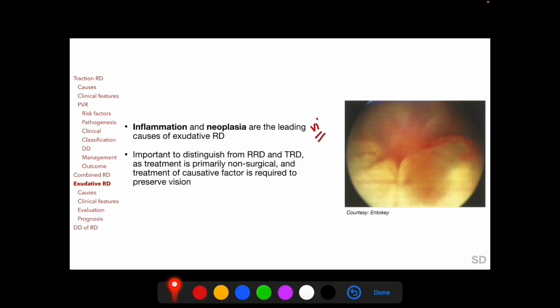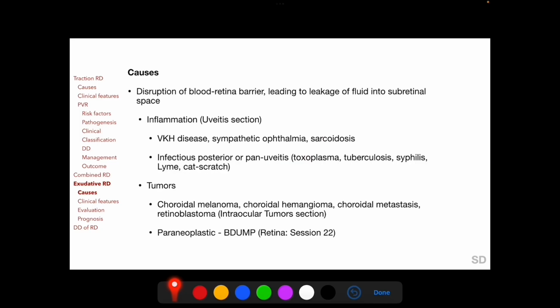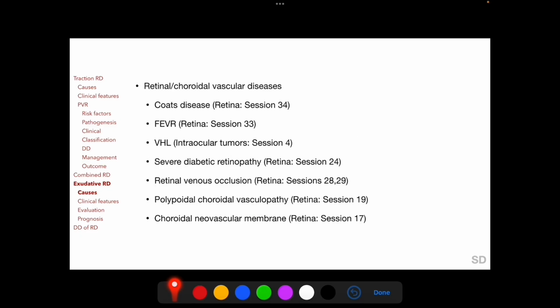Exudative retinal detachment from disruption of blood retina barrier can occur from inflammation, which can be either non-infectious such as Vogt-Koyanagi-Harada's disease, sympathetic ophthalmia and sarcoidosis, or infectious such as tuberculosis and syphilis, from tumors such as choroidal melanoma, choroidal hemangioma, choroidal metastasis, and retinoblastoma, from bilateral diffuse uveal melanocytic proliferation, which is a paraneoplastic entity, from retinal and choroidal vascular diseases such as Coats disease, severe diabetic retinopathy, retinal venous occlusion, and choroidal neovascular membranes,